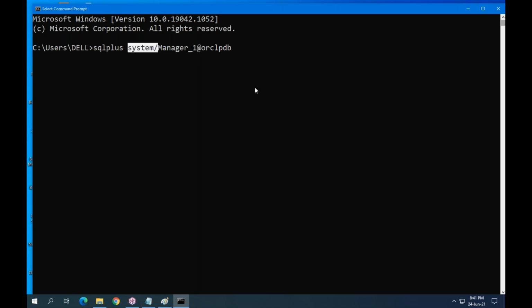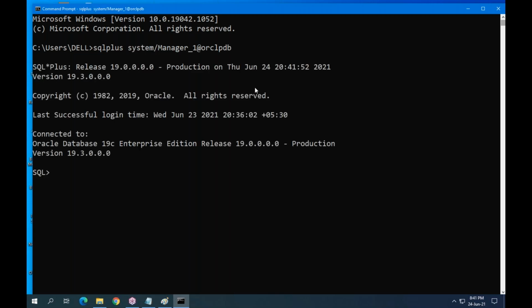System means DBA. Connected. Let me delete the user account. Drop user Dinesh 8 PM cascade.